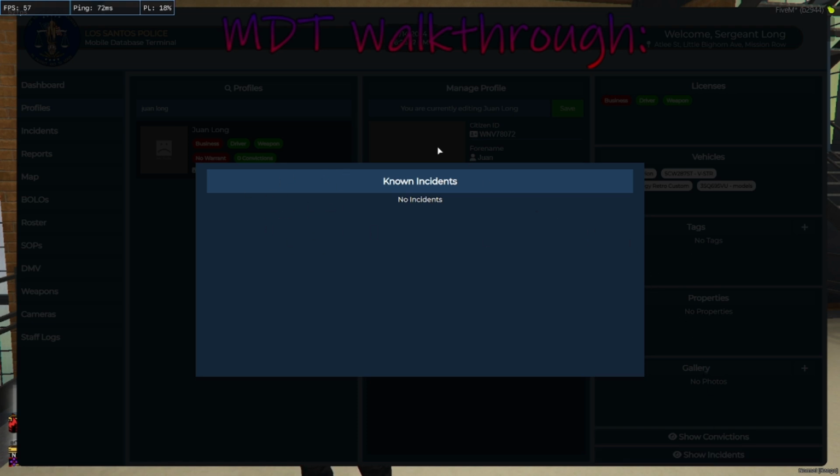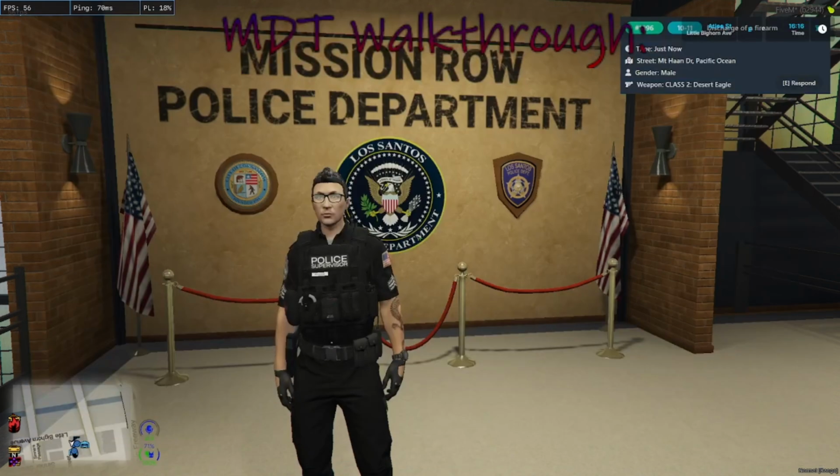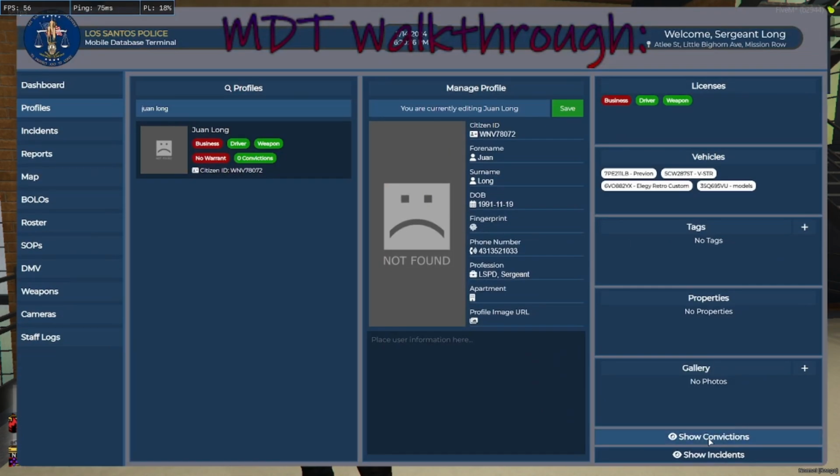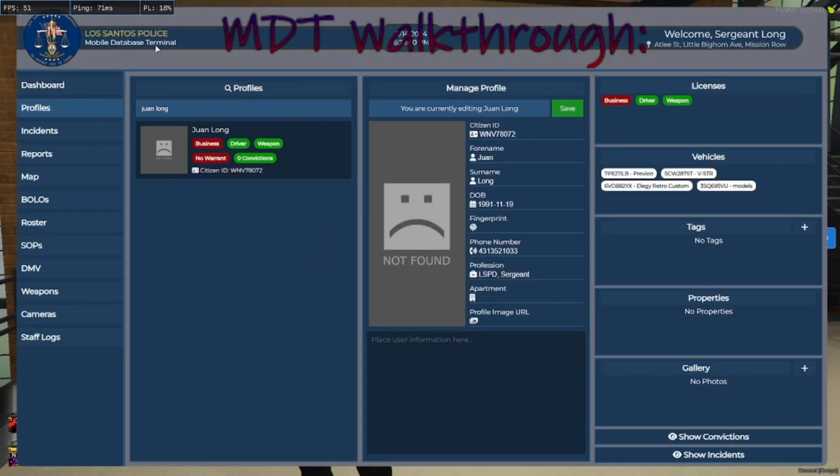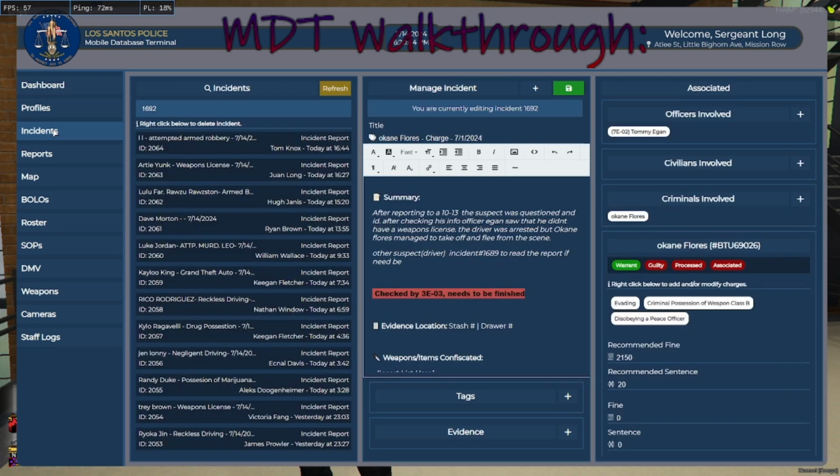Basically, the incident will have what convictions they have. Now, going back in here, that should cover the whole profile section. Moving on. We'll be going into the incidents. This is your bread and butter. So, from the incidents,